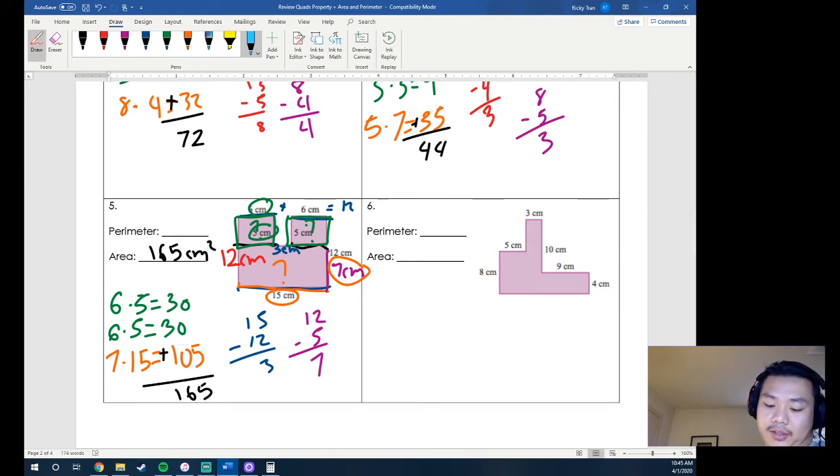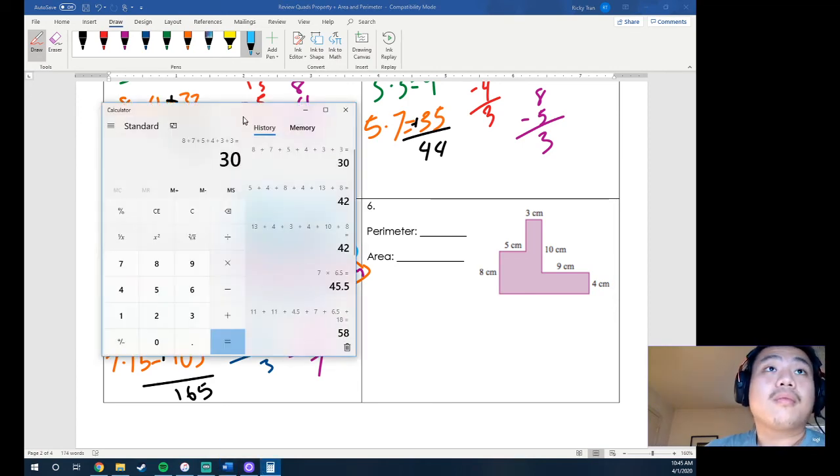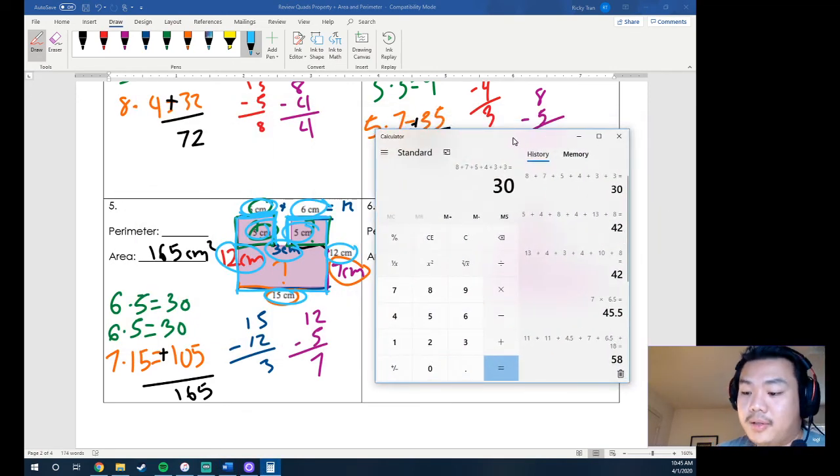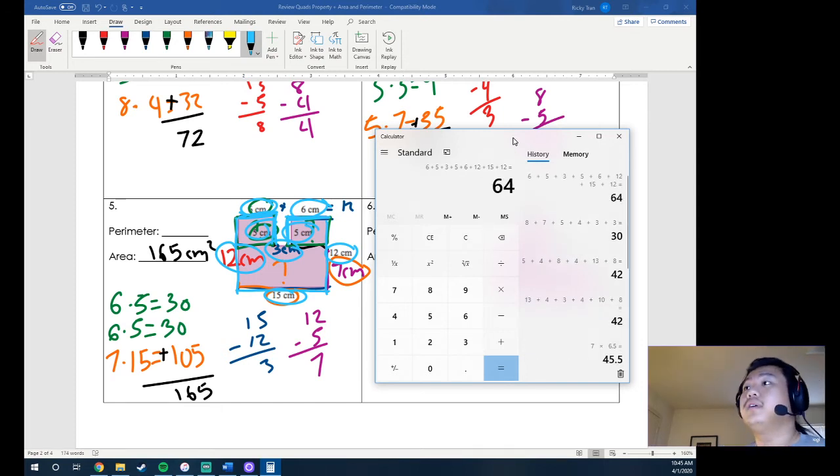So for the perimeter, we need this length right here. So 6 plus 5 plus 3. It's going to get a little messy. Plus 5 plus 6 plus 12 plus 15 plus 12. Bear with me. So 6 plus 5 plus 3 plus 5 plus 6 plus 12 plus 15 plus 12, which is 64